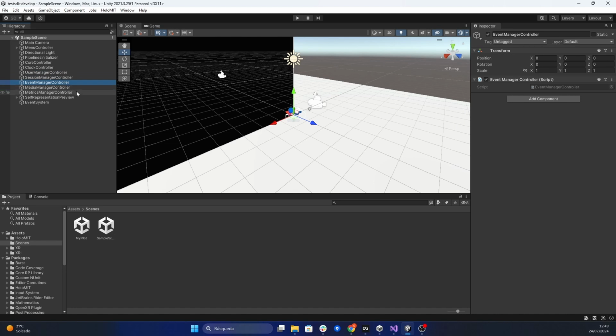There is also an event manager that will be controlling the positions and the video that will be showing in the different sessions, and also the media manager that will be related to the audio and different types of media that we can share in our sessions. There is also a metrics manager related to debug and metrics analysis that we can connect to a different server to obtain these metrics, and also a self-representation preview